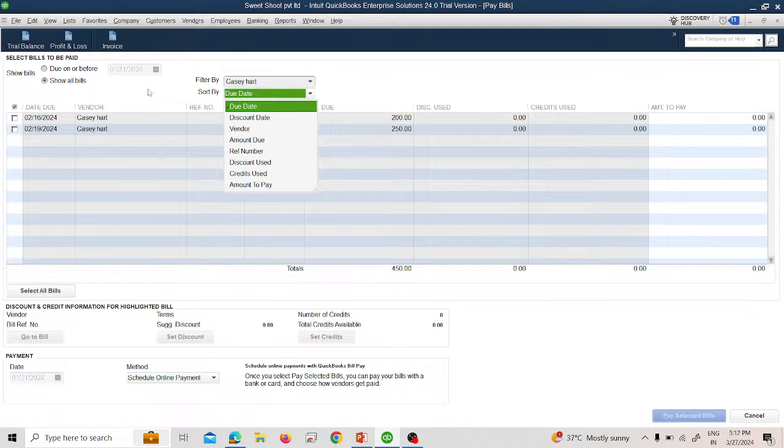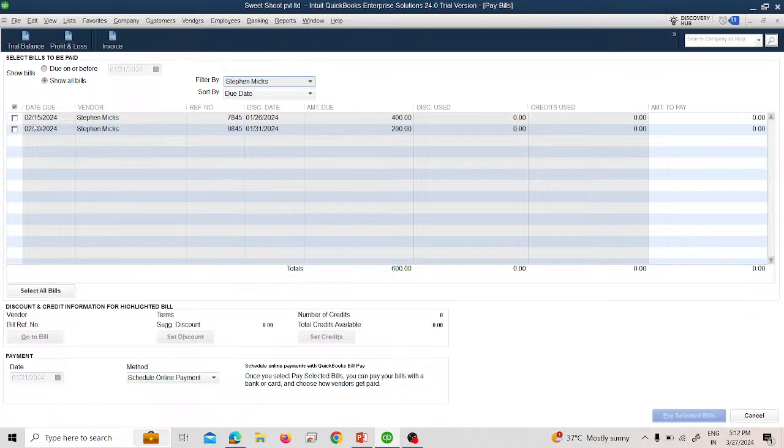Here you will see that show bills due on or before means on the due date or before, not after the due date. And show all bills means all the bills are shown. So suppose we are going to pay the first bill. We pay the bill of January 16 for $400. We have created the bill of Mr. Mix. So we will choose the option Mr. Mix, and you see